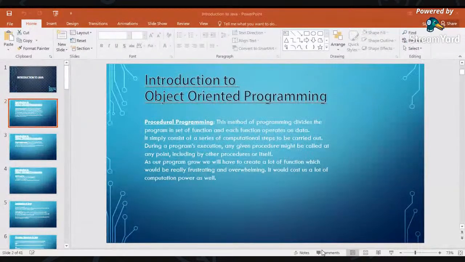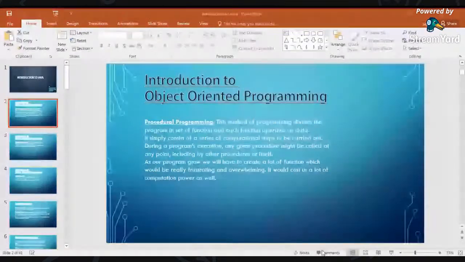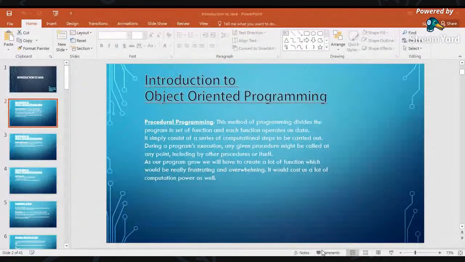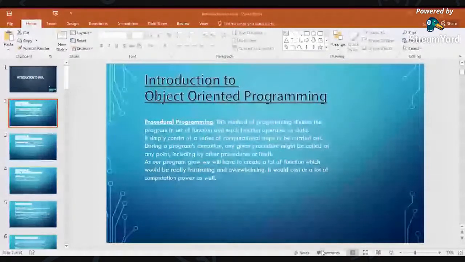Before understanding object-oriented programming, you need to understand what came before it. Before object oriented, there was procedural programming. Procedural programming is a simple method of programming where you divide the whole code into certain functions. Suppose you are developing code for a vehicle. For a vehicle, you have different functions. Let's say the code is for a car. For a car, each function has its own data sets and its own variables. So when you have to create another one, let's say a truck,